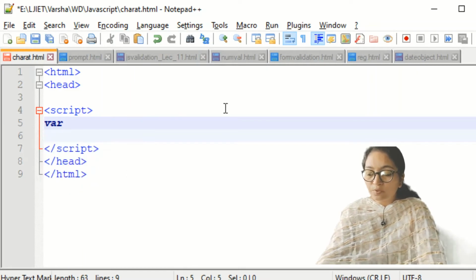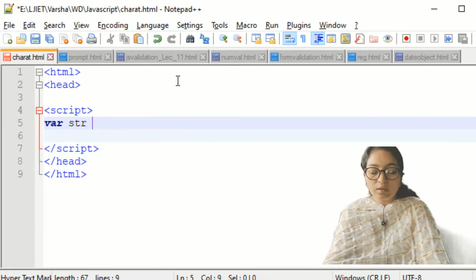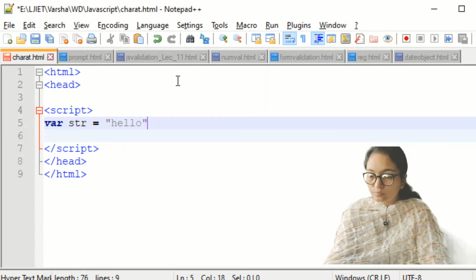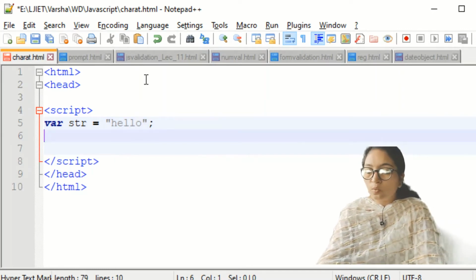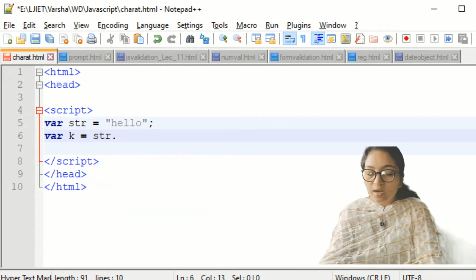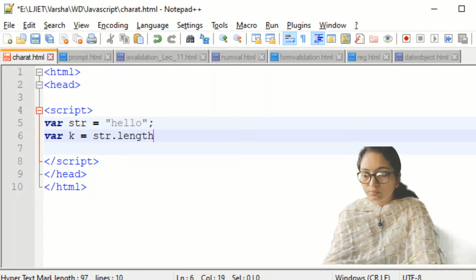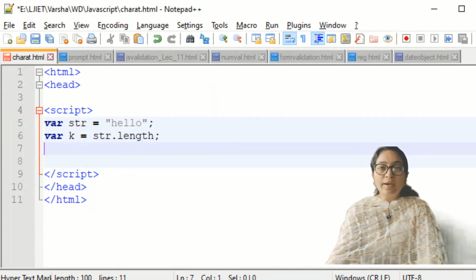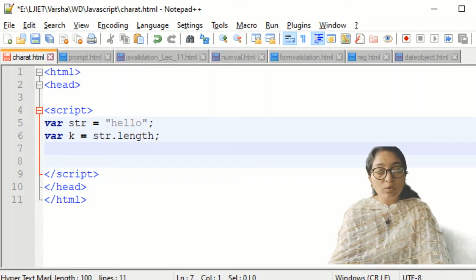Just define a variable str equal to, suppose, "hello". Now define another variable to find the string length, so k is equal to str.length. This will find the length of that particular string.